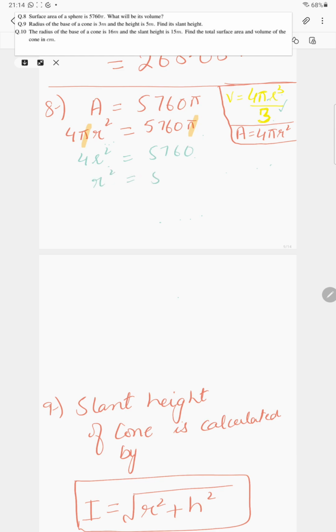R square is equal to 5760 divided by 4, which is equal to 1440. Now r would be equal to square root of 1440. So taking the square root of 1440, we get 37.9